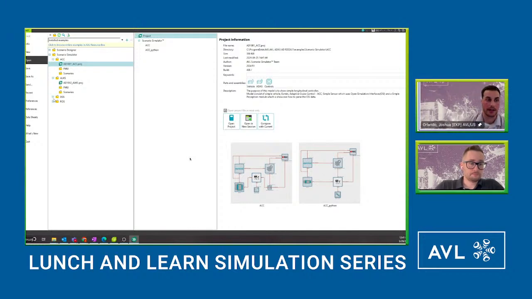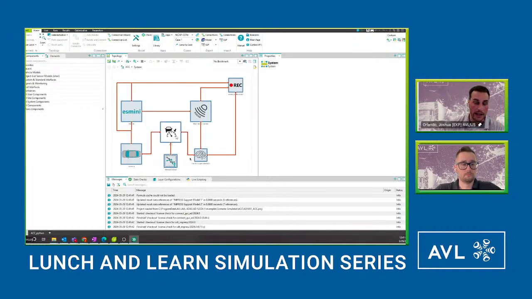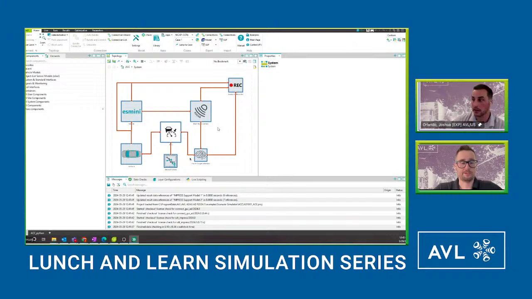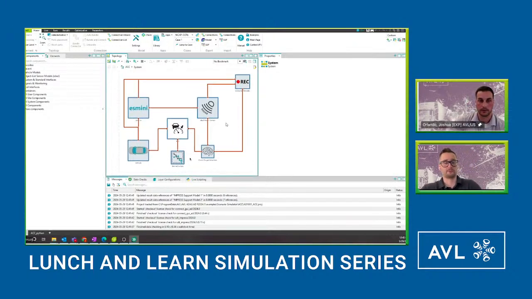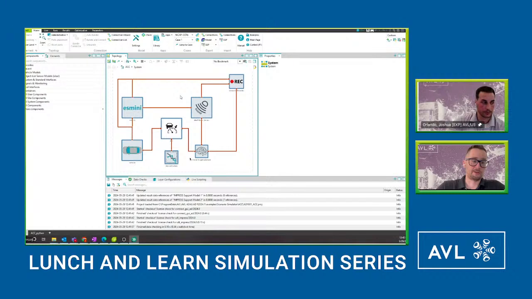Yep, and I will start to cover some of the examples included. We have ACC, ALKS, and LKA examples included in the simulation tool directly in the installation files. So I'm going to start with the ACC project. As this opens, this tool Scenario Simulator is built on a decade or so of co-simulation tool development expertise. Anybody who's familiar with Model Connector Cruise M will see some familiarity in the GUI, but we will also show some new things.